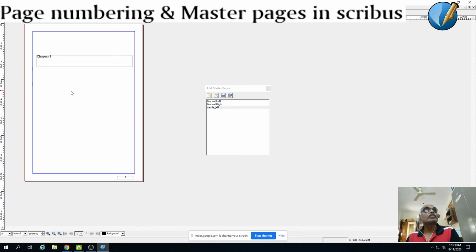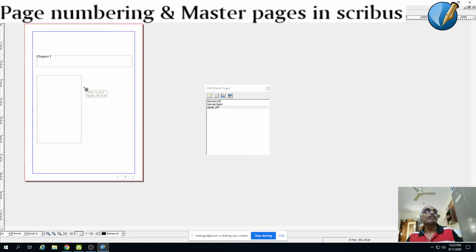So you understand? The most important thing you're supposed to do is assign a separate text box to hold the title of your page. If you are going to say a chapter, you say it is going to be the title of the page, you say chapter 1, so that needs to be in a separate text box. And for the body of the page, again you need to insert another text frame which will contain the body of the page. So here what could happen is, you can have two text boxes or two columns.